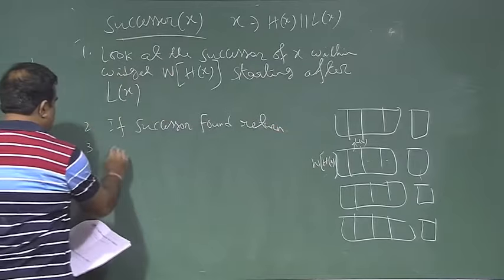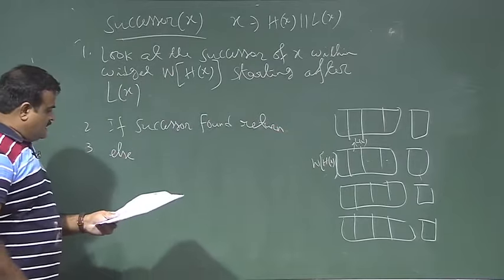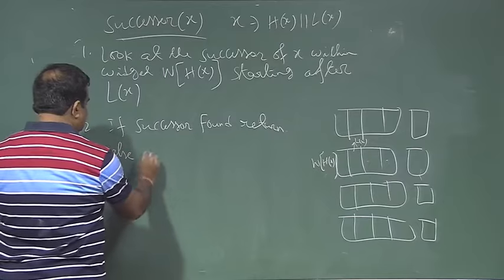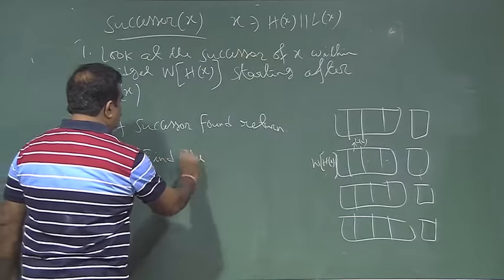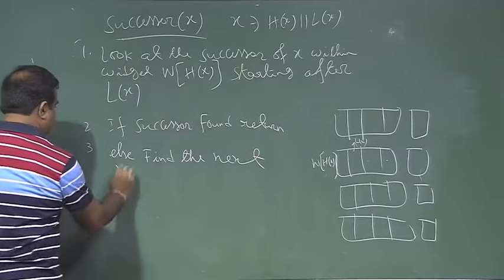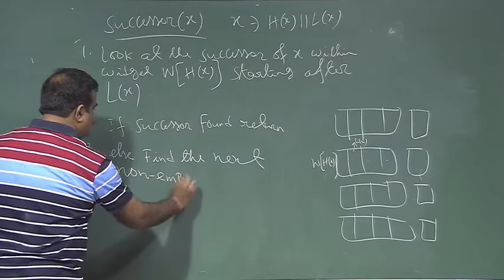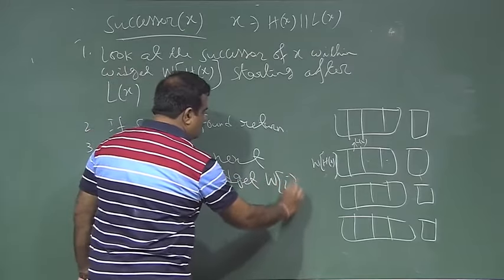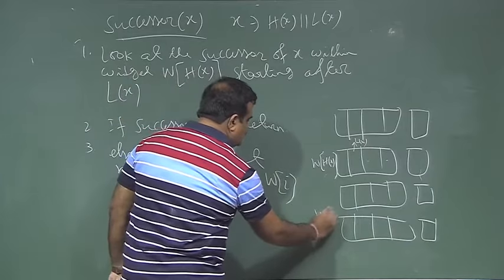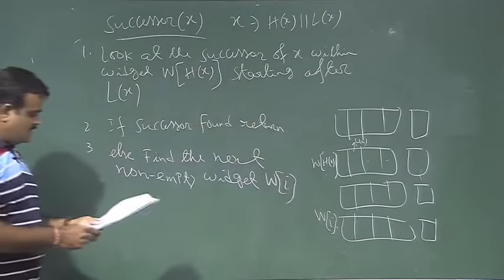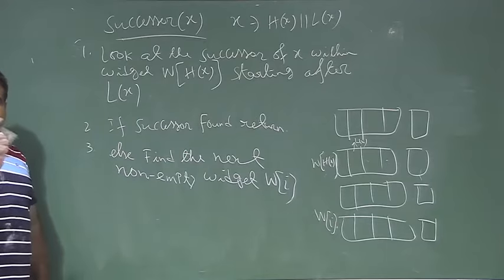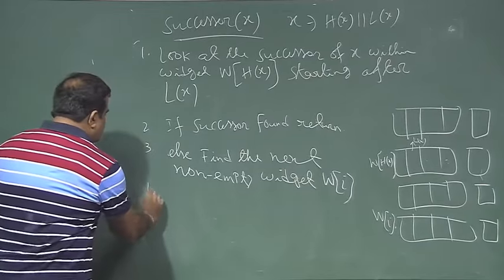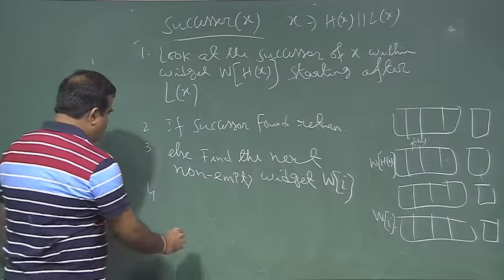Otherwise, we find the next non-empty block. Suppose the next non-empty block we get is say wi, and then we know that in this wi there is a 1. We do not know where it is, but we know there is a 1. So, then what do we look at? We have to look at that 1, then we find the